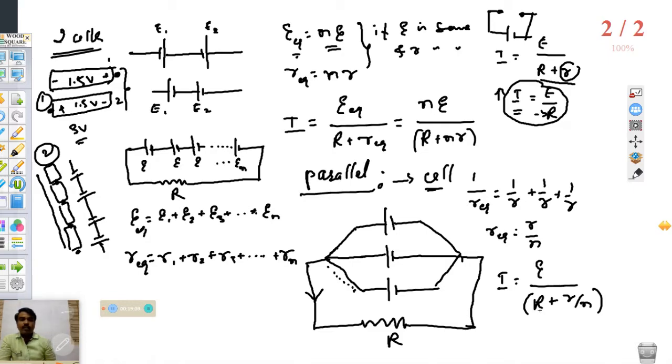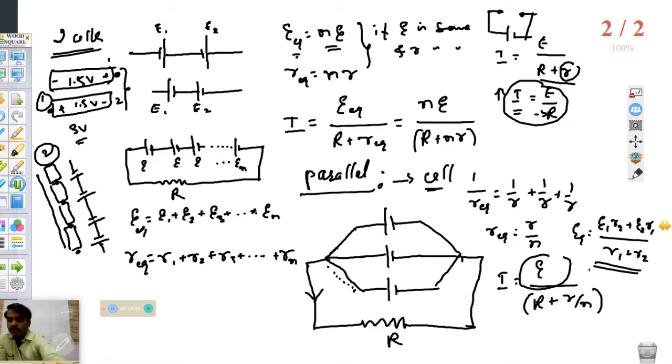And one more concept we discuss in the parallel combination of the cells, and that is that the total effective EMF is not the individual E. So usually in the parallel combination, the effective EMF E is equal to, if two cells are there, E1 into R2 plus E2 into R1 divided by R1 plus R2. This is the effective EMF if the cells are in parallel combination. The example I have given is for only two cells. Like this, even the equivalent EMF of the cells in the combination can be calculated.